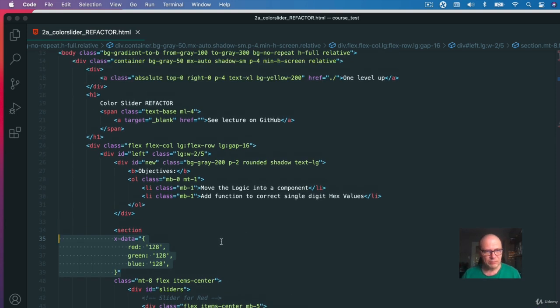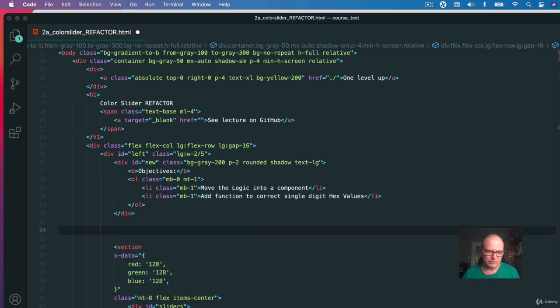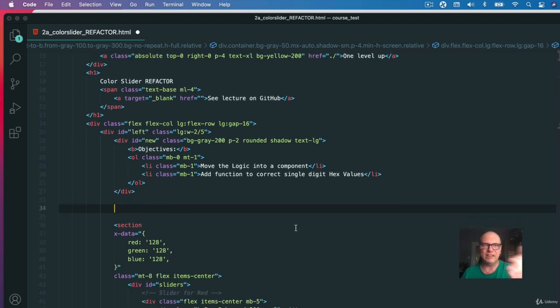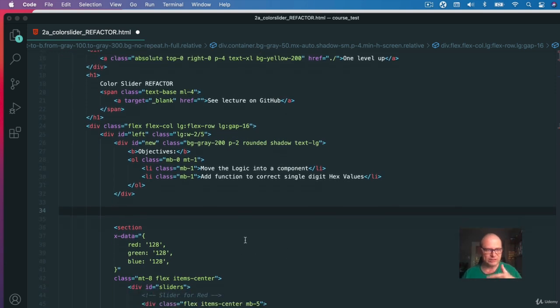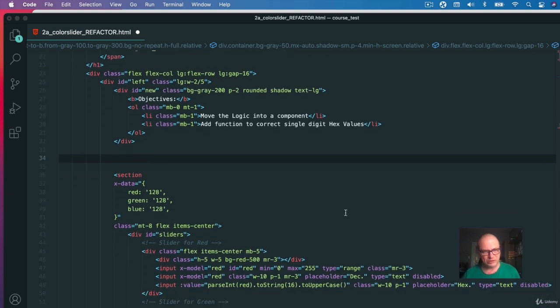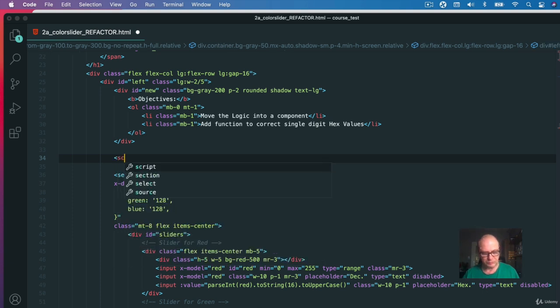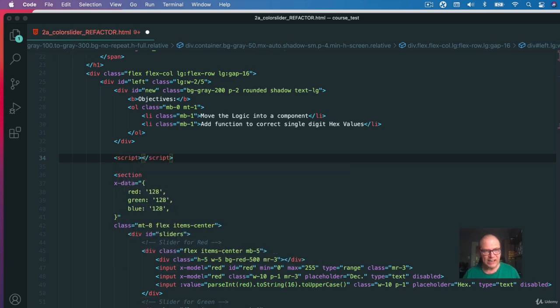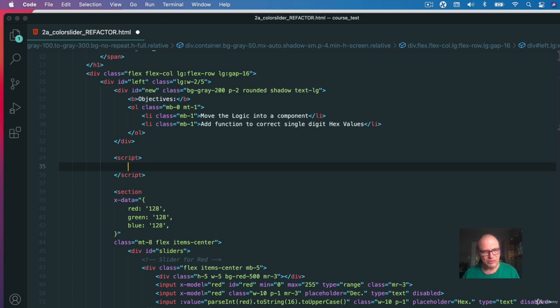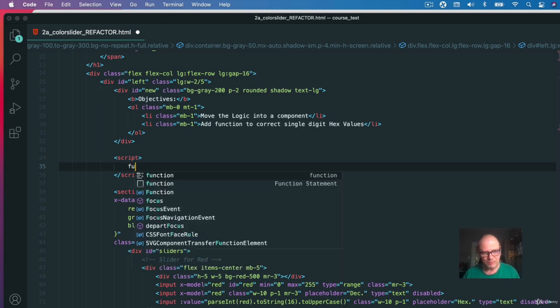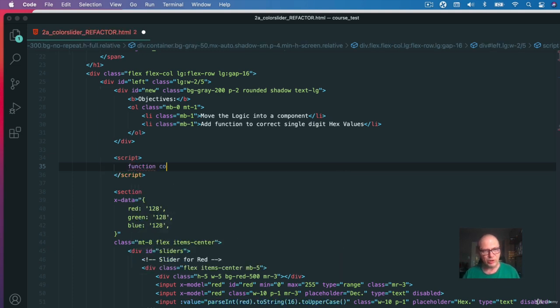Let's go immediately here in front of our section. I know this is not a very good style. You should do it in the head section, but I don't want to scroll so much. So let's just do it directly here. So we create a script tag like this. And then in the script tag, we create a function and we call this function color slider, just